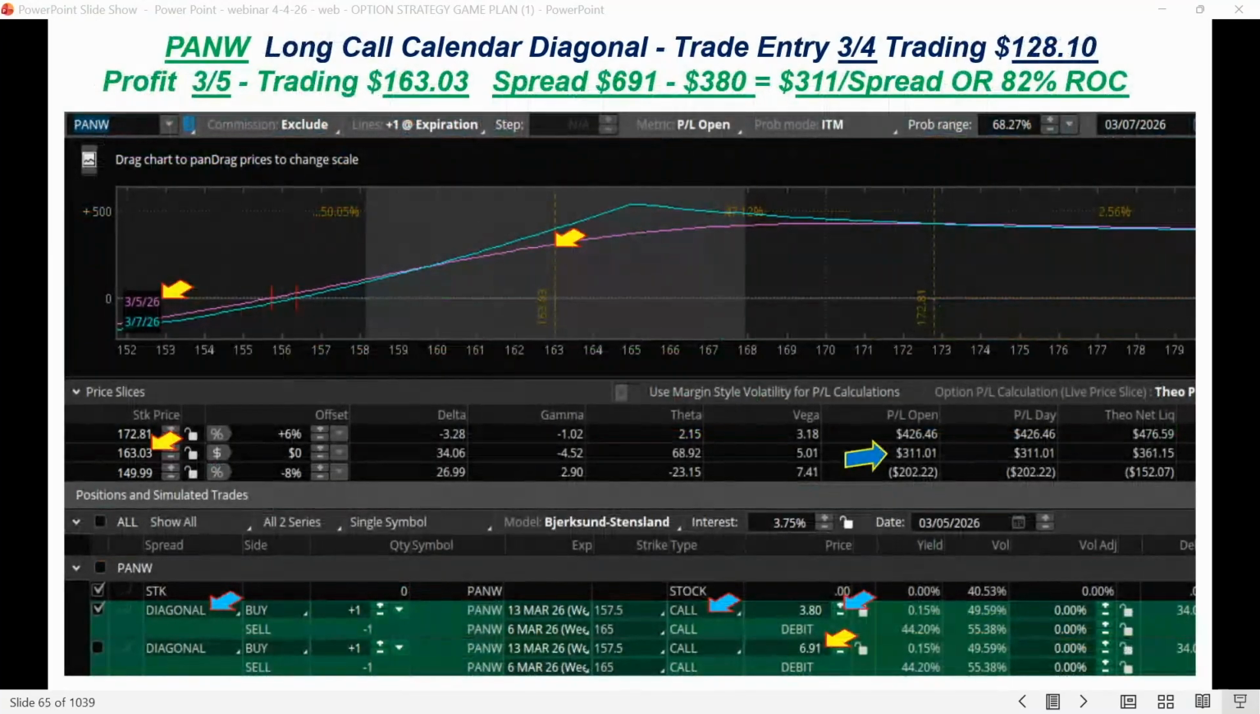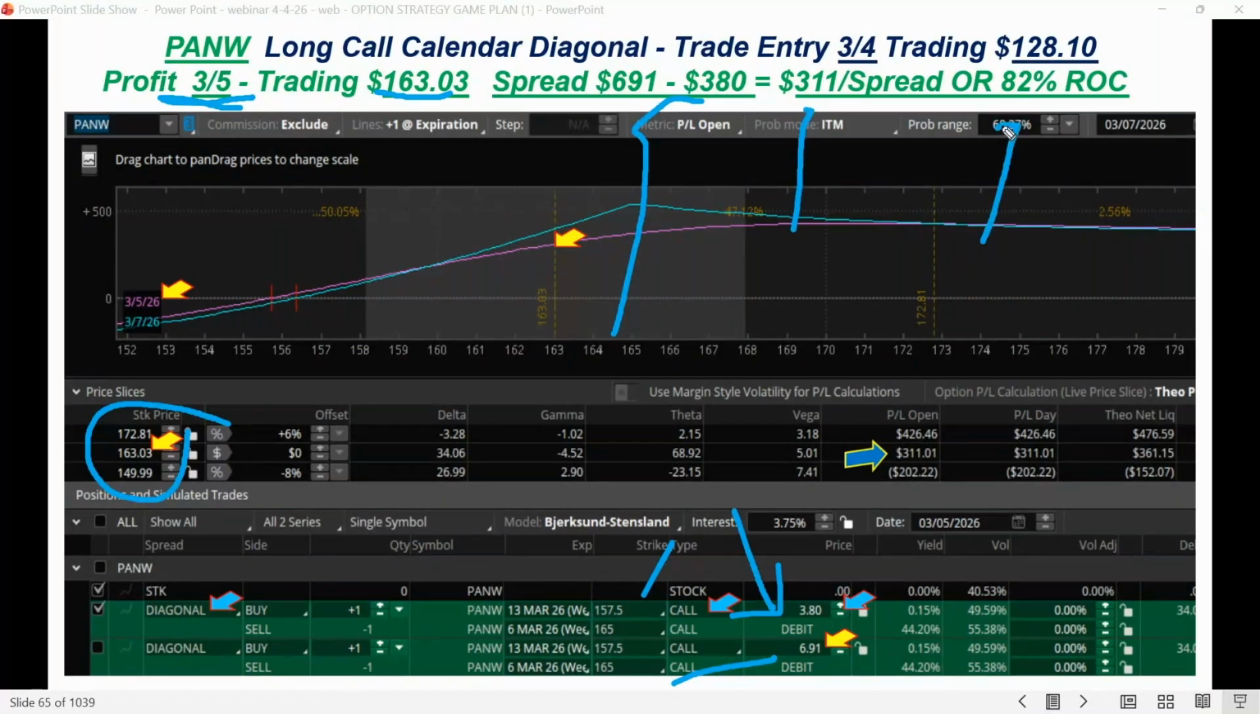So the original trade, when we first had profit, typically what I'll do, I'll say, make sure you lock in some profit and then adjust balance. So on the 5th, the profit was traded at 163.03. So the original calendar diagonal 157.5, 165 that we set up at $3.80 now has blown out to $691. All right, so we had a profit here of $300.11 per spread, 82% return just on the pure calendar